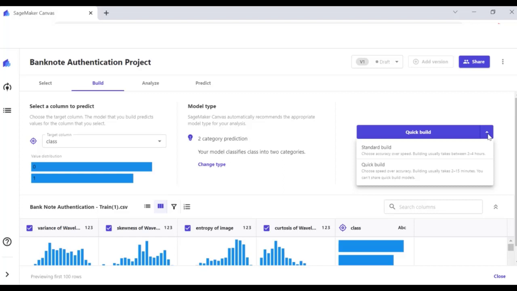But remember, if you want to share the final model with the data scientist under Amazon SageMaker Studio, you cannot use the quick build method. You have to use the standard build method so that you can share it to the data scientists via Amazon SageMaker Studio. Okay, so now what we're going to do next is click on preview model,